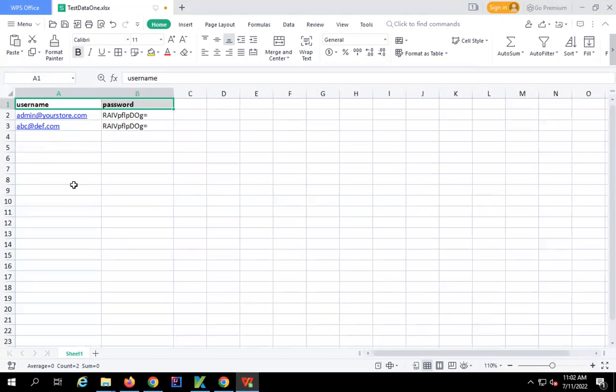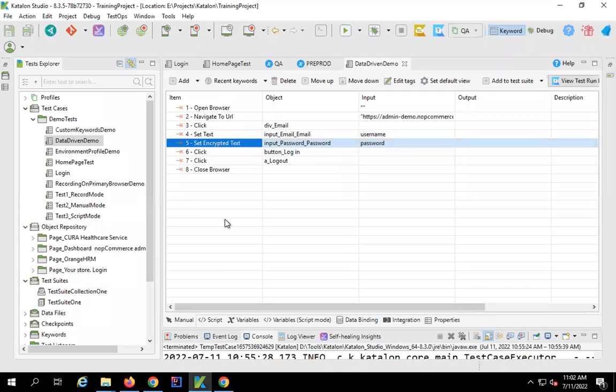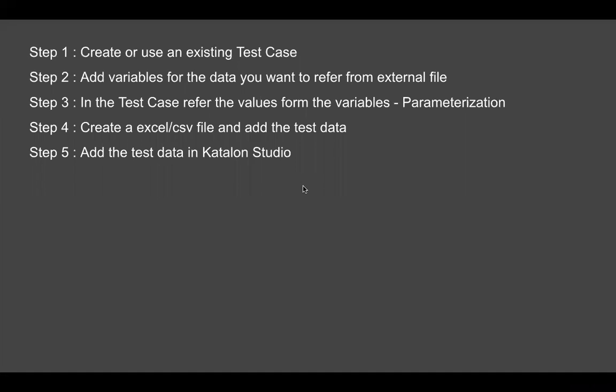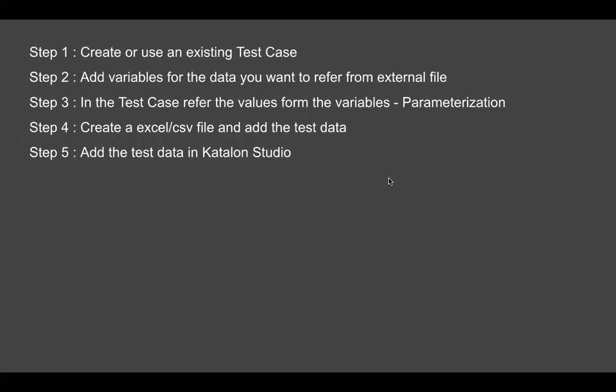And once you have added your test data, you can save. So I have saved my file. Now, step number 4 is we have to add this test data in Katalon Studio. So for that,